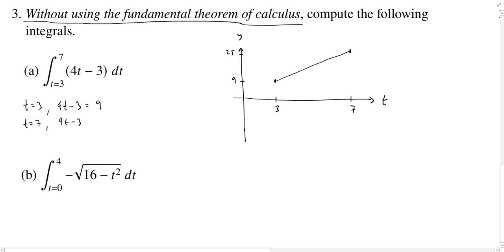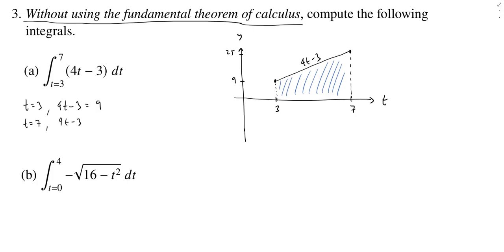All right, and so what does the integral represent? Remember, we draw vertical lines at 3 and 7, and the integral represents this area in between the curve, 4t minus 3, and the t-axis. Well, this is just a trapezoid. So we need to find the area of a trapezoid, and as we saw in class, the area of a trapezoid is going to be the length of the base. In this case, how far from 3 to 7? That would be 7 minus 3, which is 4,